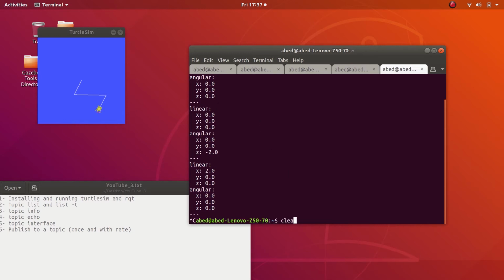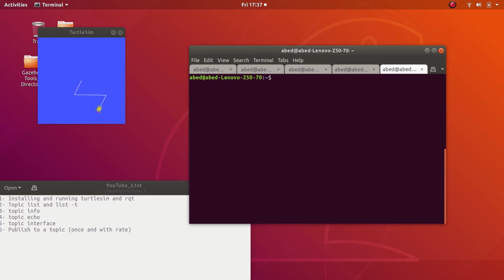Now this is pretty useful. Now let me clear the screen. Now let's say that you want to know some additional information about this type of topic, because you want to publish a certain type of data on it. In order to do that, you can use the ROS2 interface command